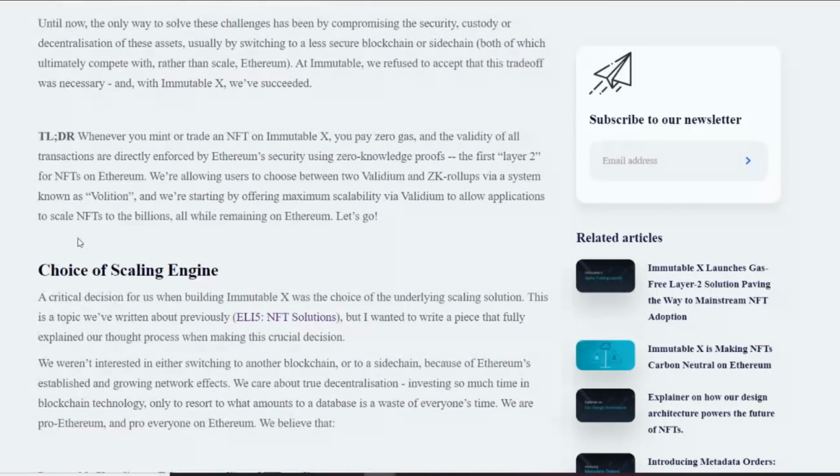VeVe has gone for this solution mainly because the scalability is there, and that's because it batches up transactions into a single transaction. The transactions occur off of the main Ethereum chain, because that is the point at which the fees are incurred. Because the transactions happen outside of the Ethereum chain, there's no need for gas. So what is done on Ethereum is validating that transaction, the proof part of it.